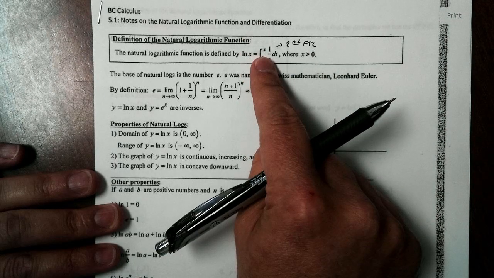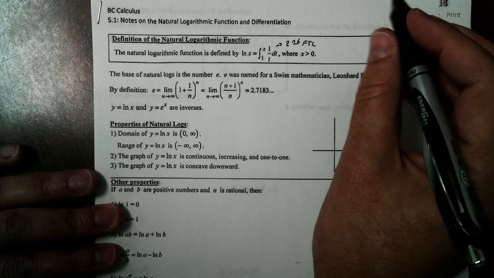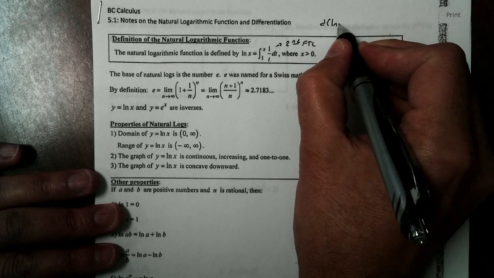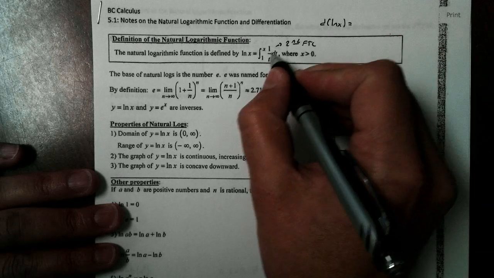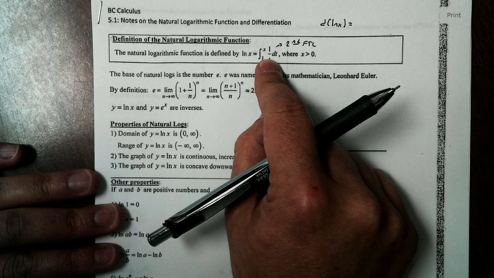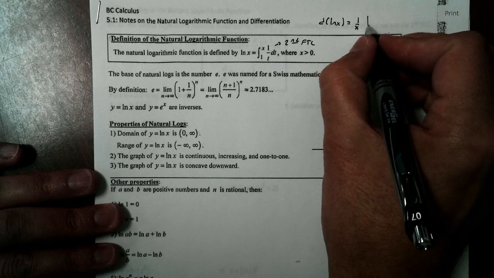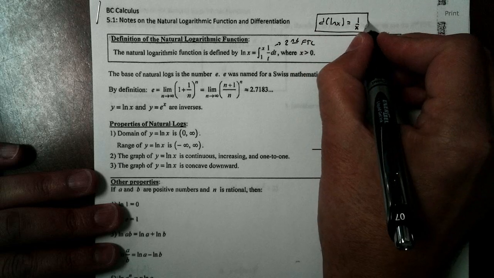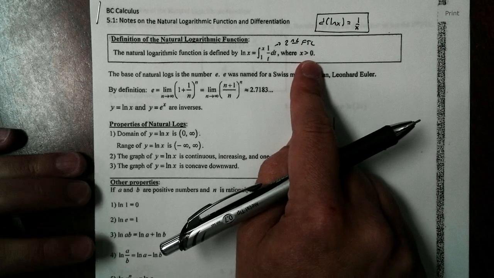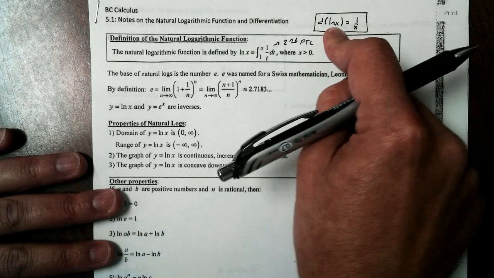And if we were to take the derivative of natural log, let's see what this is going to be. We're going to talk about this later on, of course. If we were to take the derivative of the natural log of x, we take the derivative of both sides. Remember, my rule says everywhere there's a t, I replace it with x. So this just becomes 1 over x. And that's our rule for the derivative of the natural log of x. Of course, x does have to be defined to be greater than 0 because we cannot take the natural log